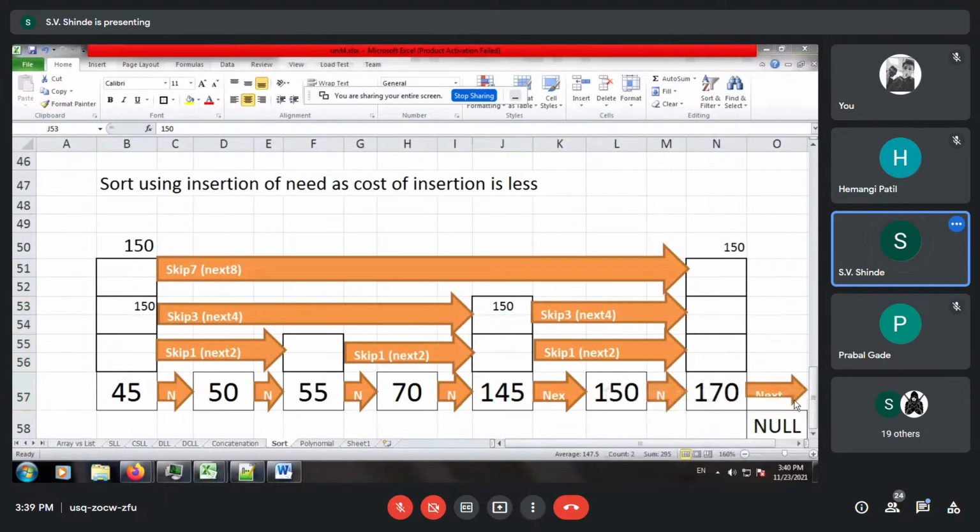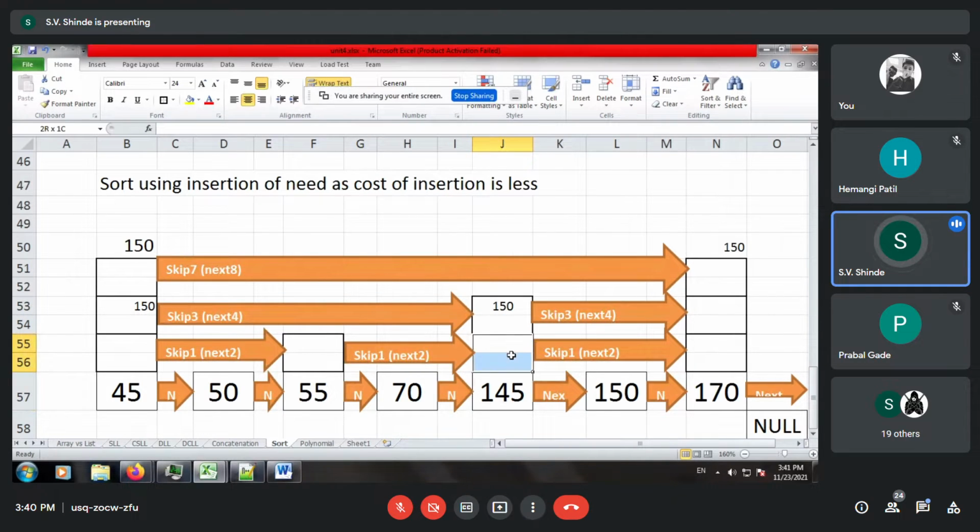So over here you can see that after we compare 150 with 145, since 150 is greater than 145, we will move one level down and search in the right of 145.